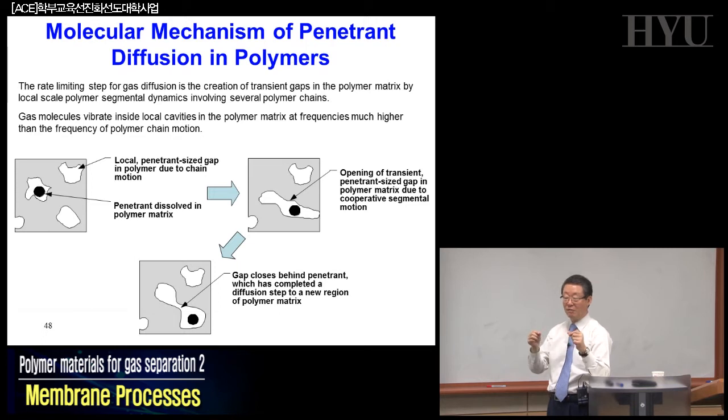Because PET itself, polyethylene terephthalate itself, may have a diffusion coefficient. Although it's small, you may have a certain amount of diffusion coefficient. So if you know the diffusion coefficient of materials, then you can estimate when the concentration of those cola bottles made of PET will go down to the level where you do not feel like a cola, right? That's why in many cases, the